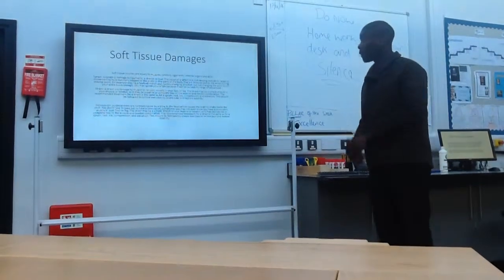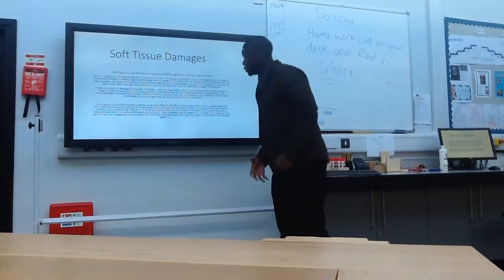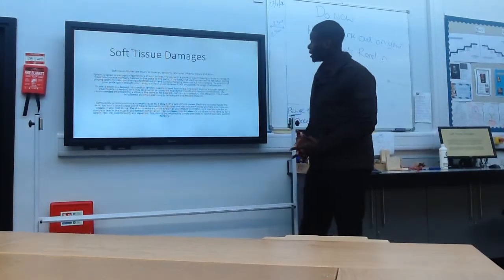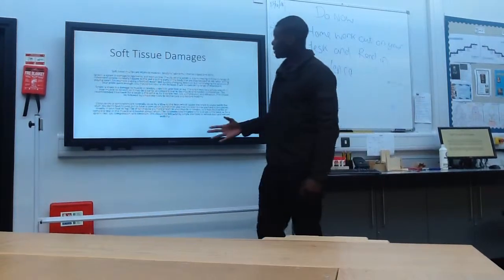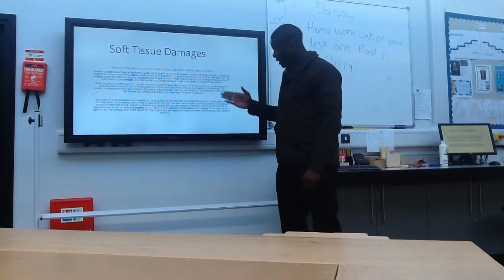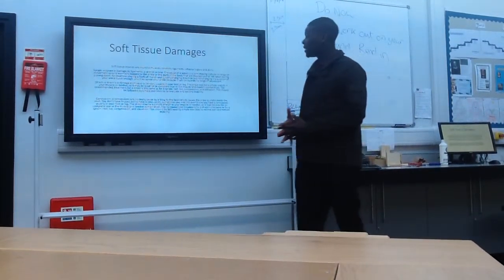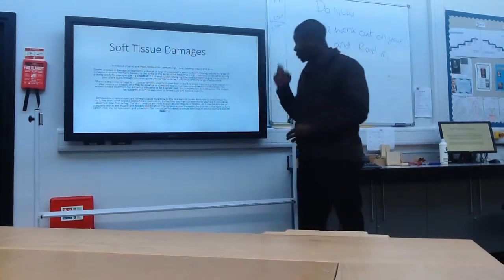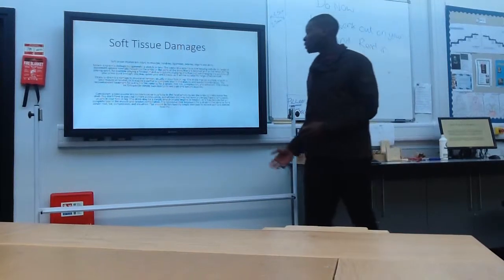Soft tissue damages. Soft tissue injuries are injuries to muscles, tendons, ligaments, internal organs and skin. A sprain is damage to ligaments, a stretch or tear. The cause of a sprain is a joint moving outside its range of movement. Sprains normally happen to the ankle or parts of the body that are exposed and at risk when playing